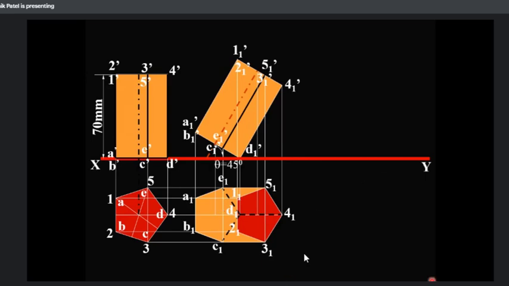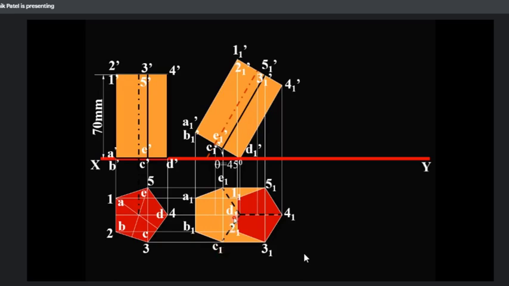One thing you can also do: whenever you mark points A1, B1, C1, D1, E1, 5-1, 4-1, 3-1, 2-1, and 1, you will always connect the outer points with a dark line. For example, A1 and E1 are outer points, so connect A1 E1 with a solid line. E1 5-1, 5-1 4-1, 4-1 3-1, and 3-1 C1 are outer points, so connect them with solid lines, and also B1 C1. So outer points should be connected by solid lines.